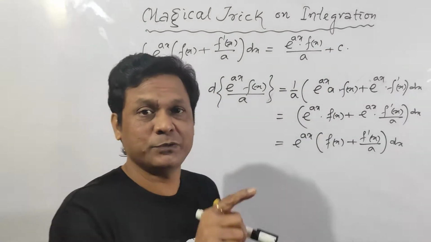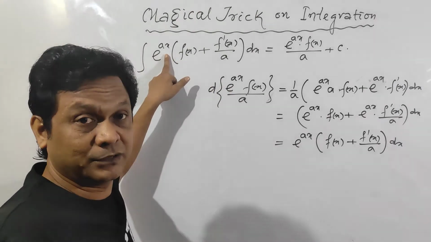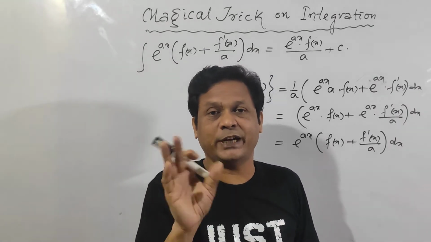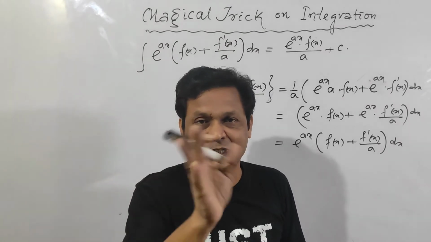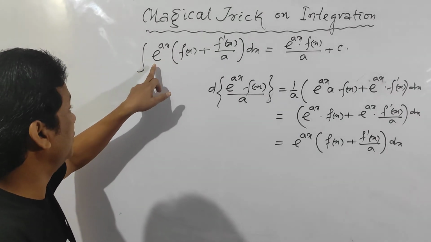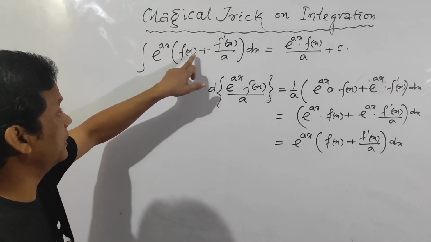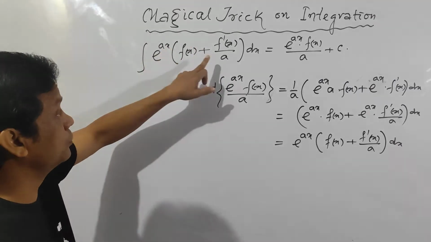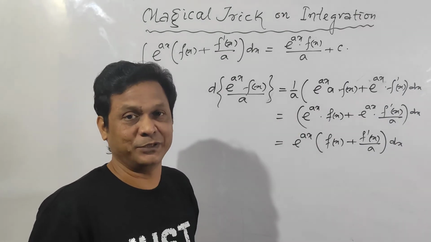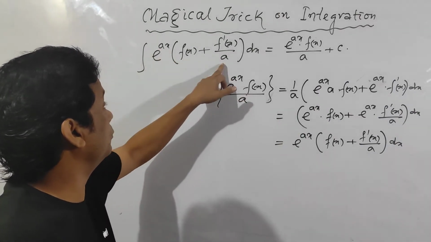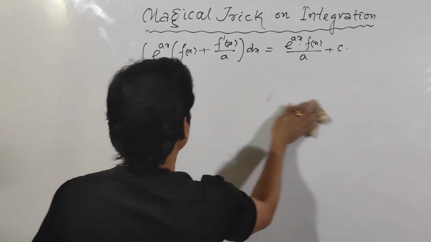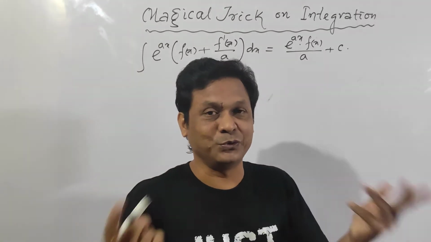Your trick is that in my previous video I have taken simply e to the power x, but in the entrance exams it comes as e to the 2x, e to the 3x, e to the x to anything. The coefficient is not 1 in each and every case. So e to the ax, there will be f of x plus f dash x by a. If a is equal to 1, that means f of x plus f dash x, which I have given in my previous video. In my previous video, I have put a is equal to 1. Okay. So here is the formula. Your today's formula is this one. And let us see how to do these problems.